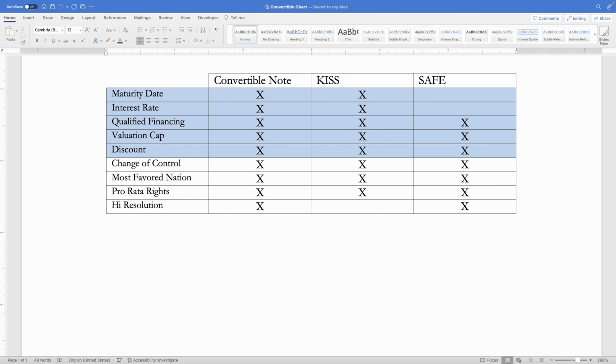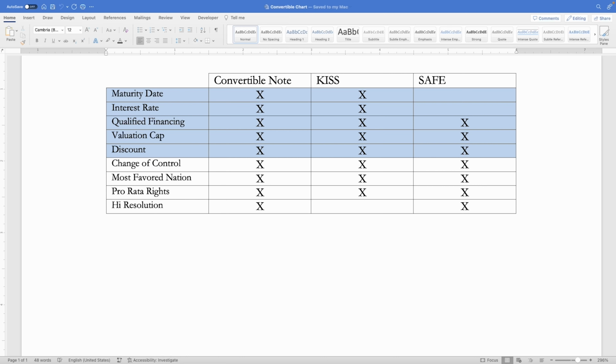And then the other two are very important because they really incentivize your early investors. Because again, these are friends and family, you're a really early company, you don't have anything. So what the valuation cap does is it says, all right, say your company's worth $10 million. For our valuation cap, for our early investors, it can be worth no more than $5 million. Typically, you see the valuation cap in the $3 to $5 million range. And the discount works similarly, except it's with a price per share. So whereas, let's say, for the later investors, it's $1 per share, for your early investors, if they get a 20% discount, it'll be 80 cents per share.